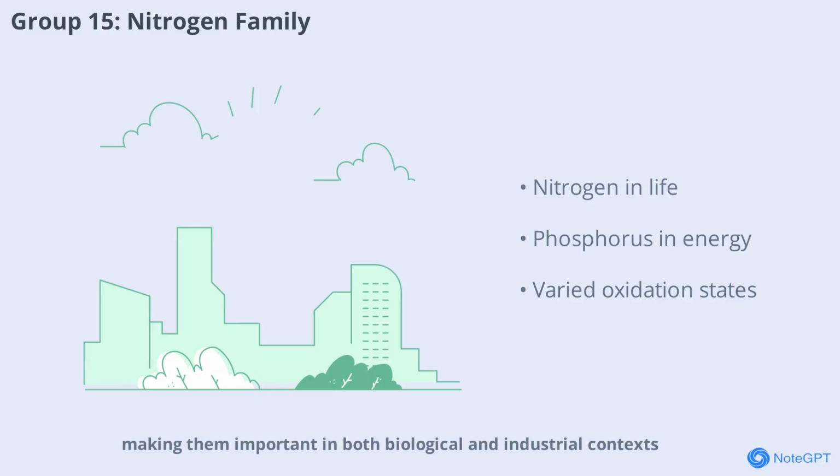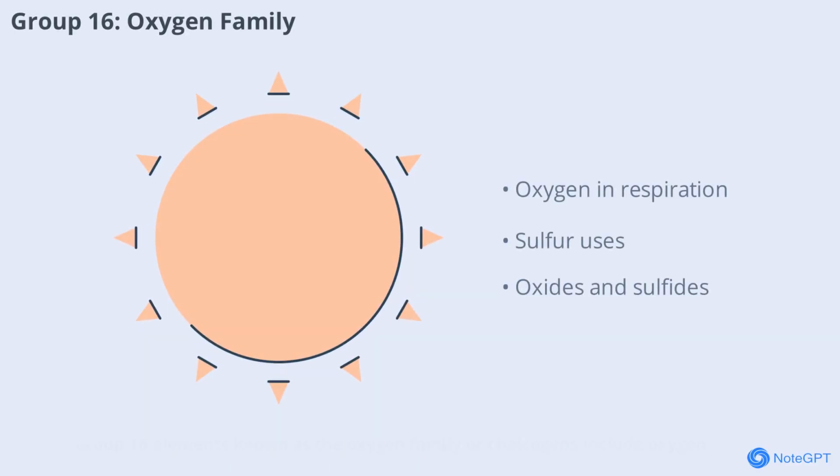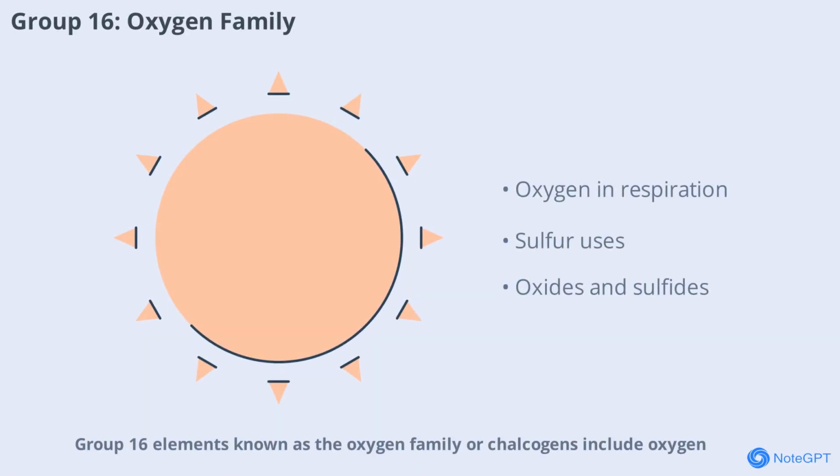and industrial contexts. Group 16 elements, known as the oxygen family or chalcogens, include oxygen, sulfur, selenium, tellurium, and polonium. Oxygen is essential for respiration, while sulfur is important in industry and biology. These elements form a wide range of compounds, including oxides and sulfides, and exhibit interesting trends in reactivity and properties